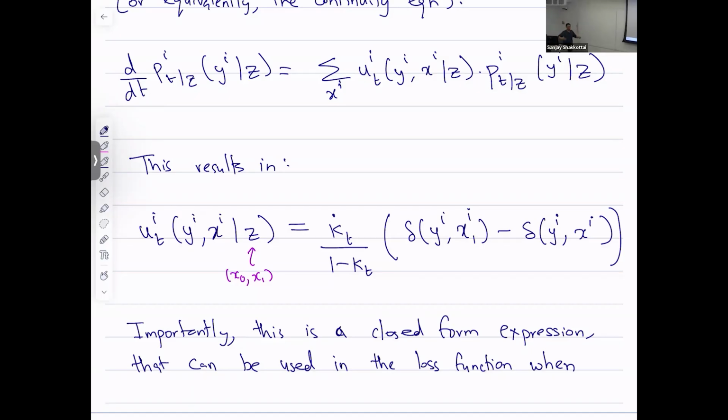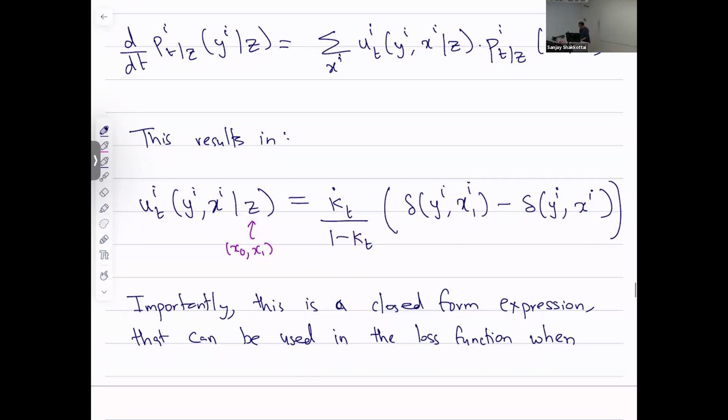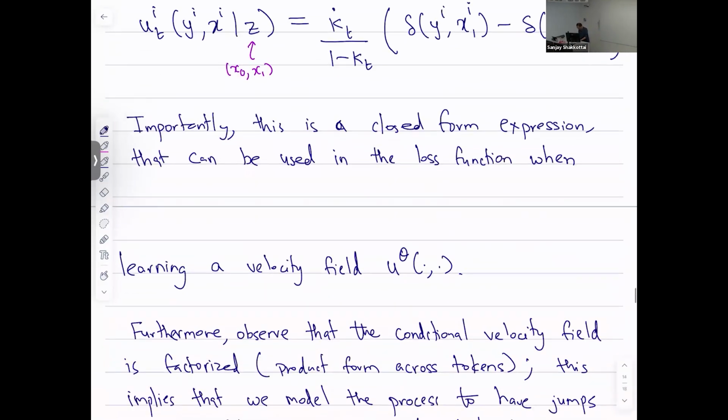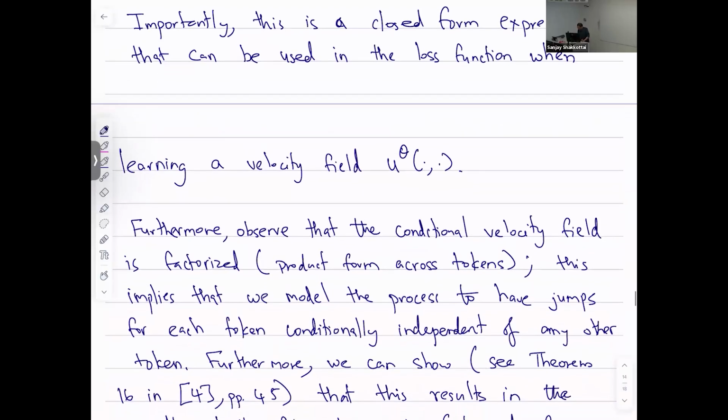The point is, for setting all these things up, we need closed form. So for learning, you need what you're learning against. And so all this is giving you what the expression should be for your loss function. That's all that is happening here. So this is a closed form expression for the conditional velocity field. And now,